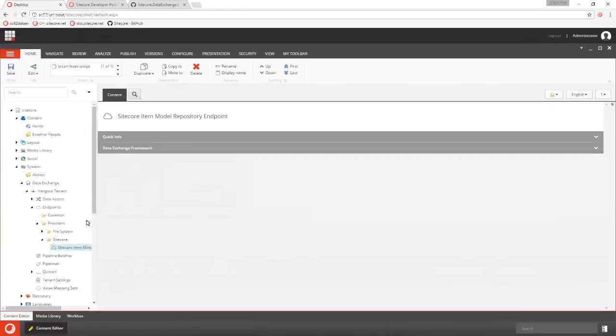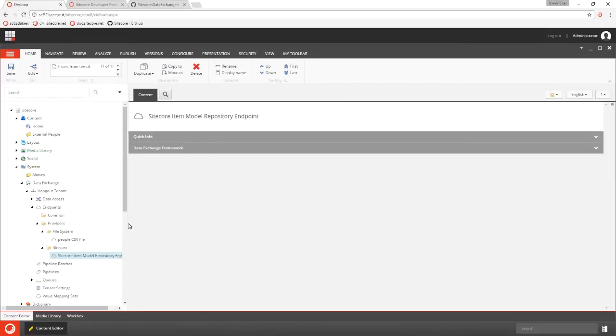And after I create this endpoint, there aren't any options on here that I need to specify. The endpoint knows what it needs to do. It knows how to interact with SiteCore items. So here's what I've configured. I've gone into endpoints. I've defined my source endpoint, which is the CSV file, and I've got my target endpoint, which is the SiteCore item model